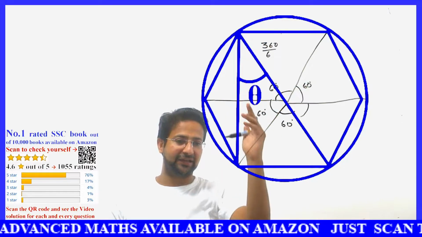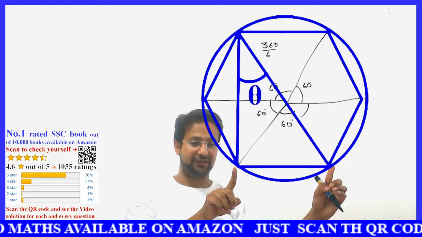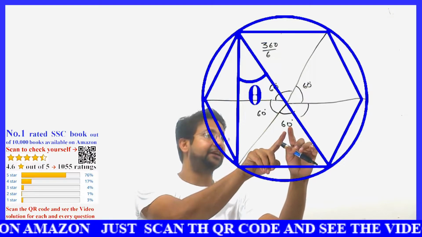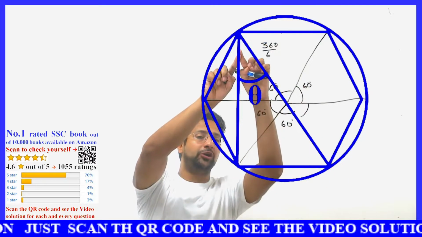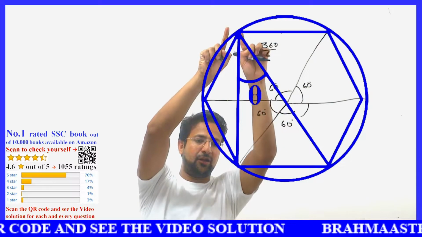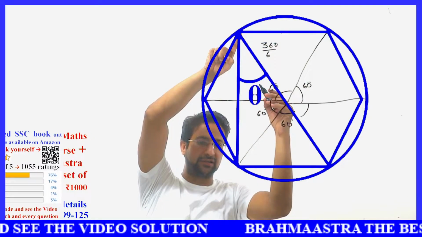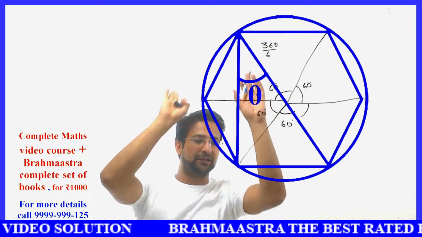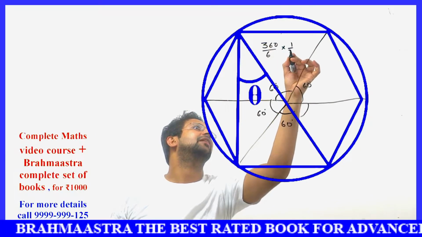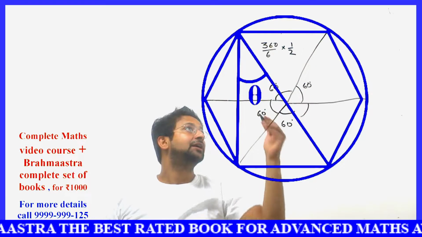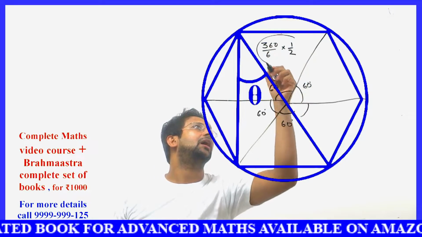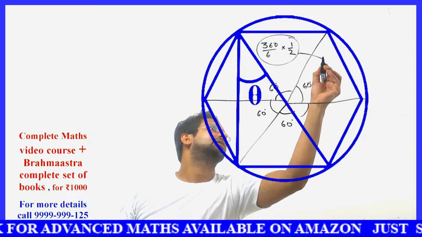Now this angle theta, see, if these two vertices, or I can say this is a chord, if this chord subtends an angle of 60 degrees at the center, then at any other point of the circumference over here, this chord will subtend an angle of 60 by 2. That is, theta will be 60 by 2 at any other point of the circumference. Therefore, this particular angle theta will be this divided by 2. So what was I saying? 360 divided by the number of sides, then further divided by 2. This will give you the answer, that is 30 degrees.